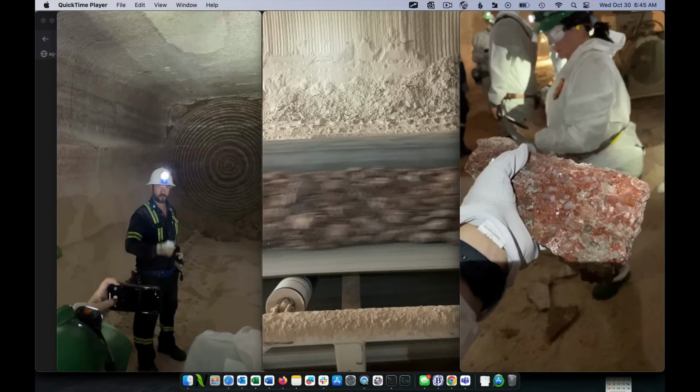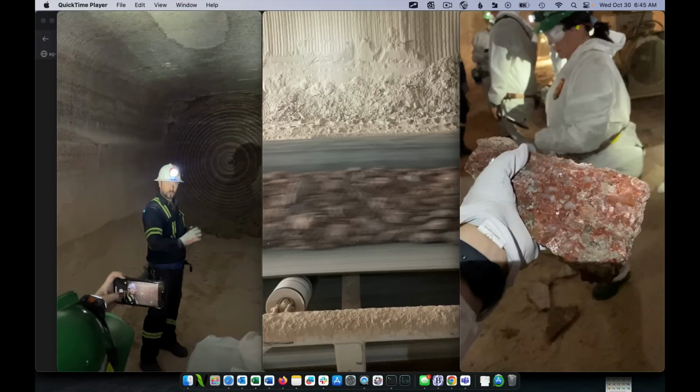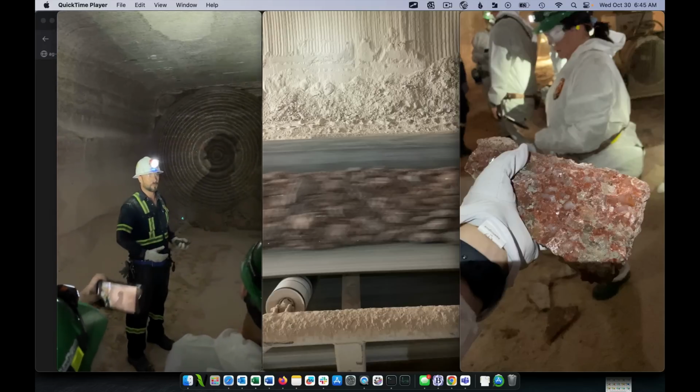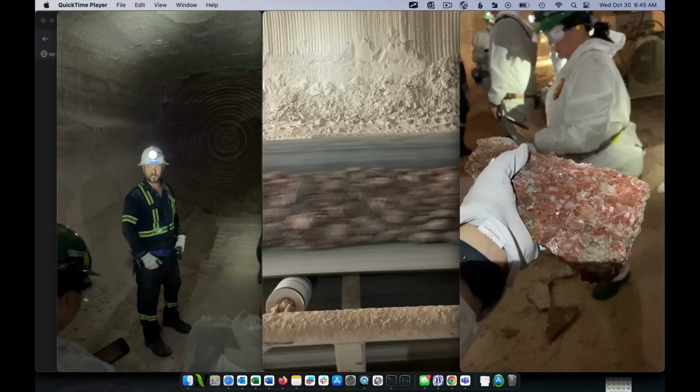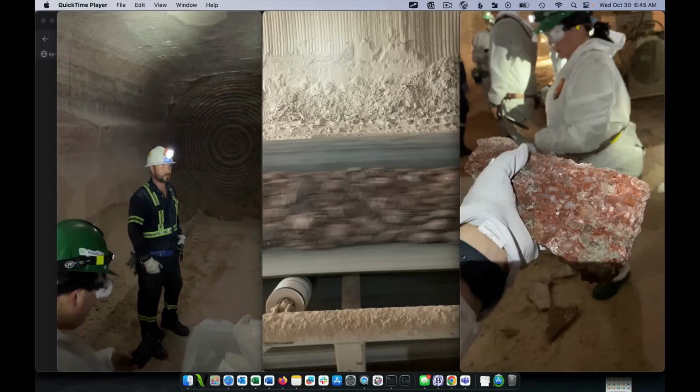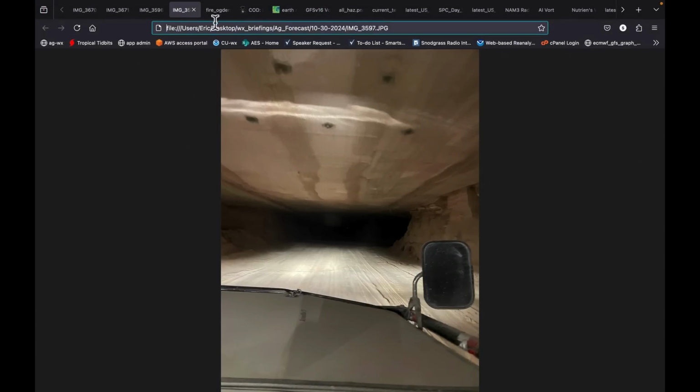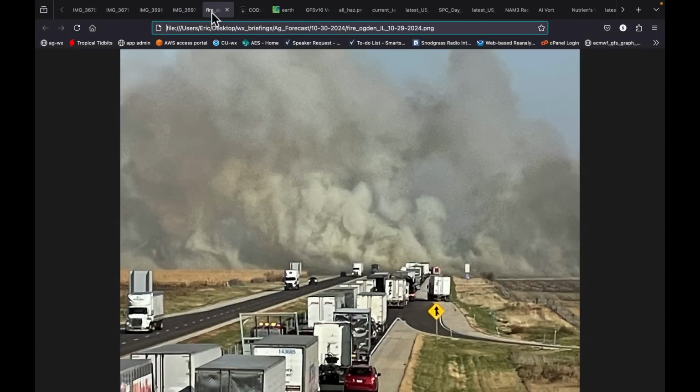Now I'm going to tell you something else that was crazy about being down here. The entire time, because of the way modern mining works, I had a Wi-Fi signal, and I was getting texts and emails and pictures from home, because at home there was this. I knew there was going to be strong winds. We talked about it on Monday. And so now to get back into the weather, I just want to show you,